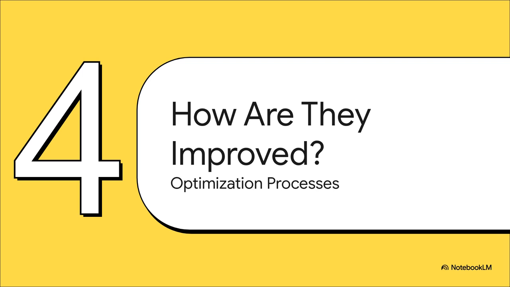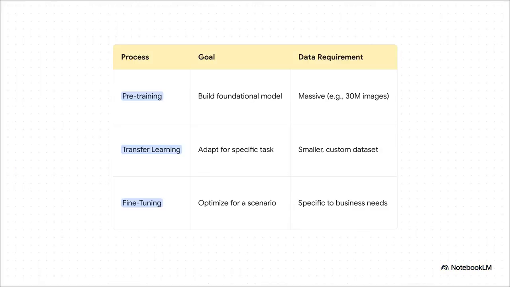So how do you adapt them for a specific job without having to start all over again from scratch? Well, that is where the whole process of optimization comes into play. And this whole process really works in layers. You start with pre-training, which is like building that giant general-purpose brain. Then you move to transfer learning, where you take that brain and let it specialize. Kind of like sending it to medical school with a much smaller focused data set. And finally, there's fine-tuning, which is like that last step of on-the-job training, just tweaking the final parameters for a